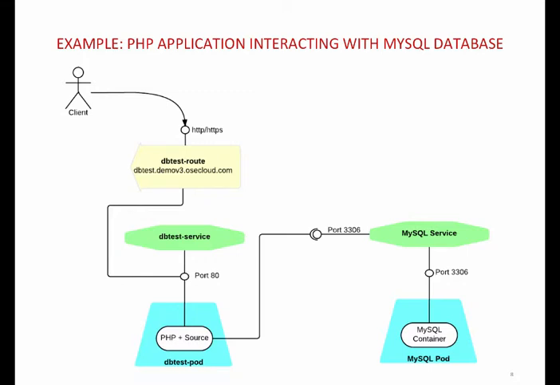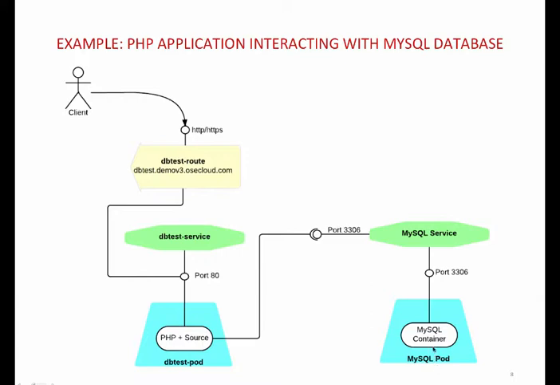In the last video, we have seen the architecture of OpenShift version 3. Now we'll look at an example of an application that runs on OpenShift version 3. Here we are looking at an application that uses a database. So what you're seeing here is on the right side, you're looking at a database, a MySQL database running in